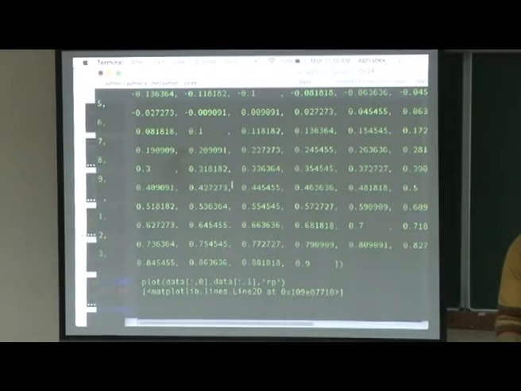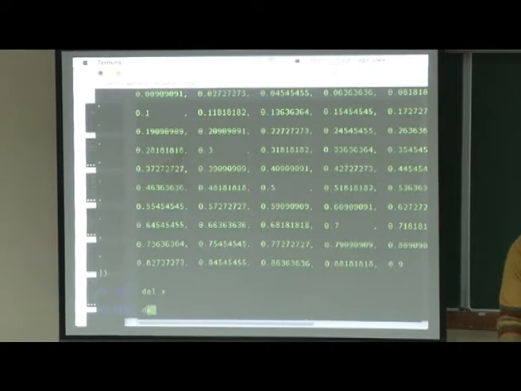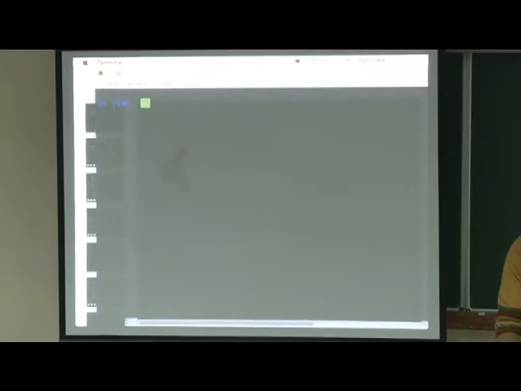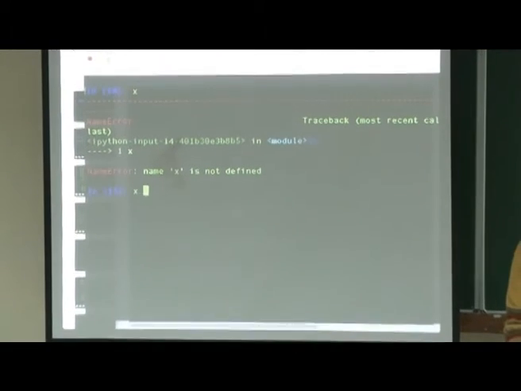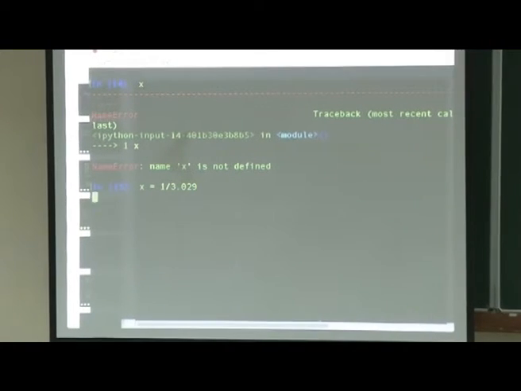I will give you an example of how it keeps the full information. So x is here. Let's delete x and y. So x is not here. Let's call x is 1/3029. So x is this. Let us save this in ASCII. So delete f. f is the file.